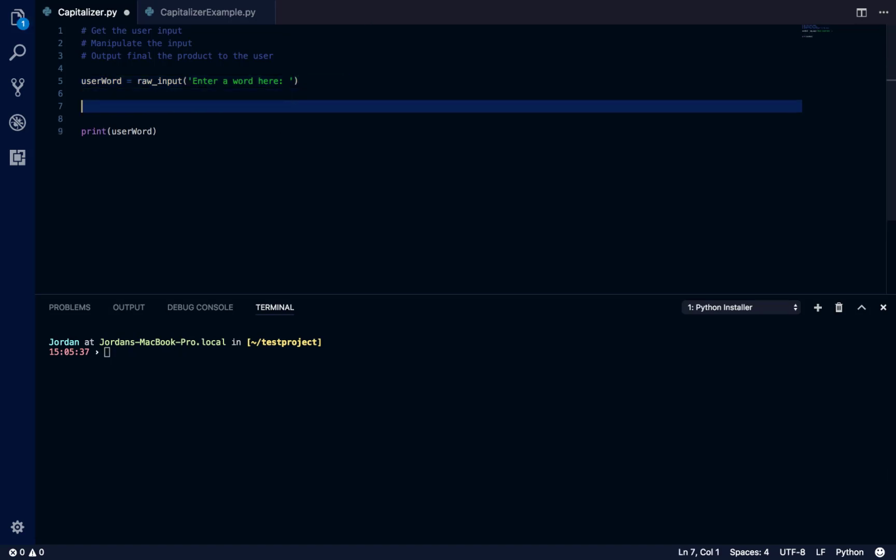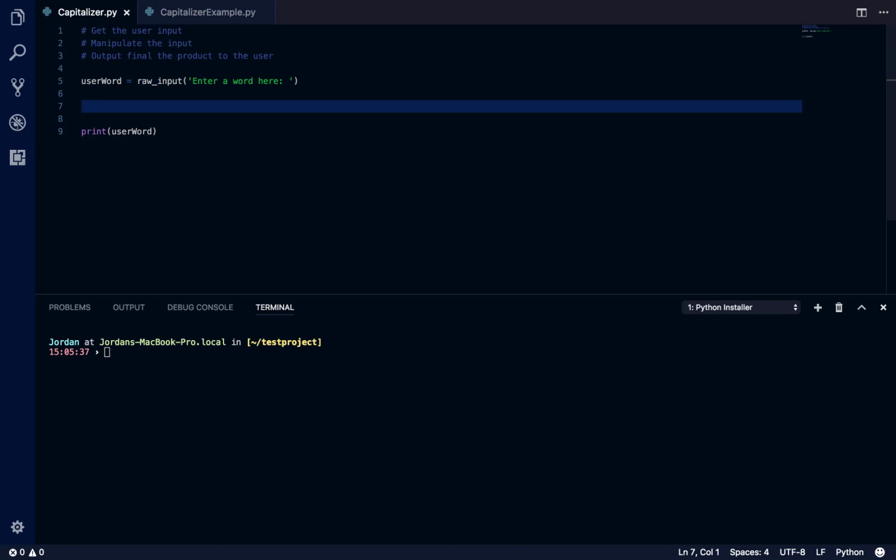So now we just need to figure out, all right, how do I manipulate the input the way I wanted it to? But you can see we've already done most of the work here. So now we need to sit here and brainstorm a little bit and think, how would I go about doing this? I know that I want every other letter to be capitalized, and I want every first letter or so to be lowercase. So what